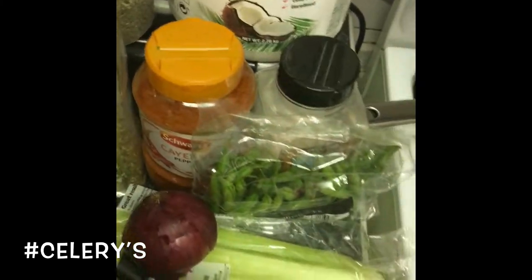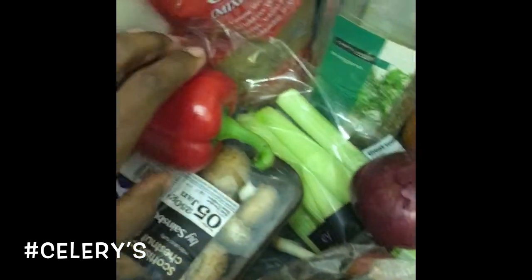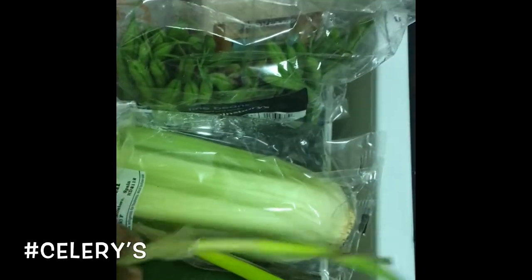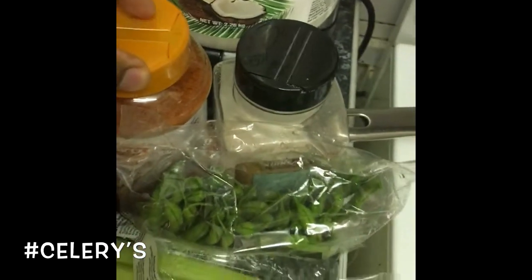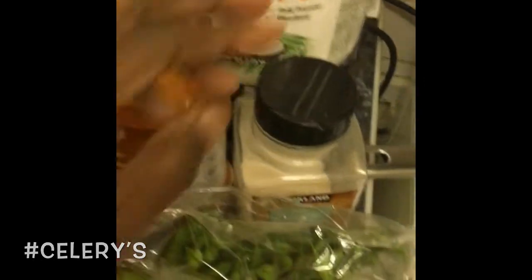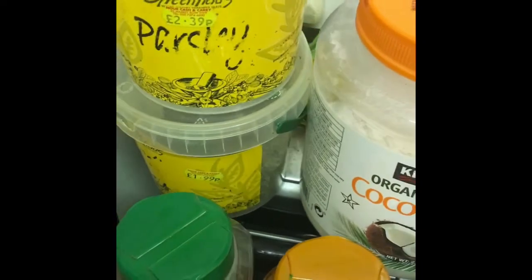It's simple but easy. So with the pearl barley today, we have some cherry tomato, some closed cup mushroom, red pepper, yellow pepper, some garlic, some courgette, some spring onions, some onion, some beans, and we have our mixed spice here, oregano, cayenne pepper, some salt, sea salt as you know, and we've got our coconut oil, some parsley, basil, and then that's how we start it,